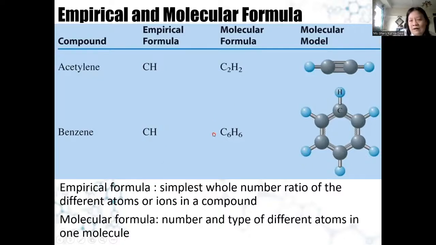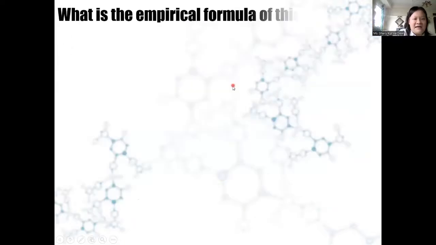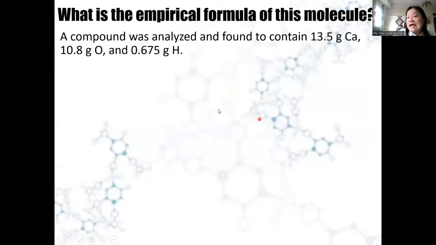The empirical formula does not determine the isomer, because substances that have the same molecular formula can have different molecular models. That is what we call isomers. But for this one, it's not an isomer. When compounds have the same empirical formula, they are not necessarily isomers. Isomers are within the same molecular formula. Okay, this is how you can determine it.